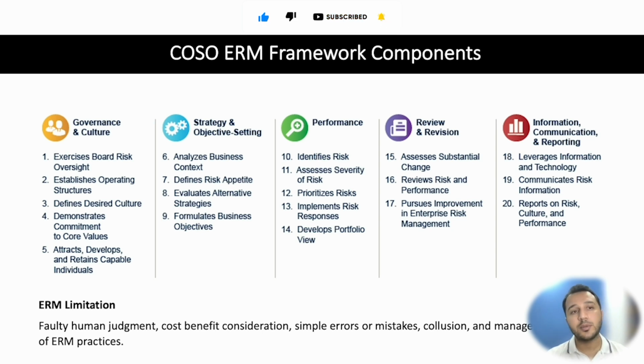One more important element of governance and culture is to hire good people, to retain them, and to provide them training and development. By this we are also ensuring that we have very good resilience within the organization to face any unforeseen challenges and to be more resilient towards those challenges.